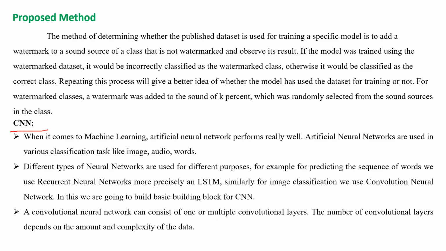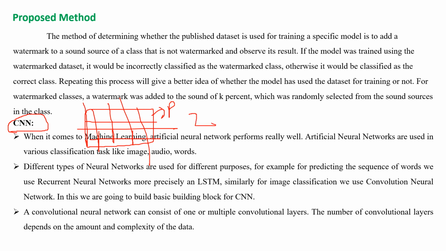The proposed method we can see is CNN, convolution neural networks. It is nothing but, if we take an image, it is divided into various pixels. Each box is called a pixel. We can take 2D. Here we use 2D convolution. For using 2D convolution, audio watermarking is done,